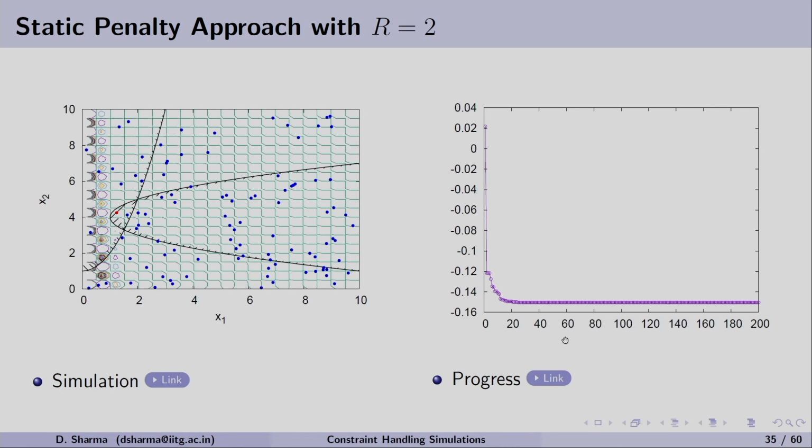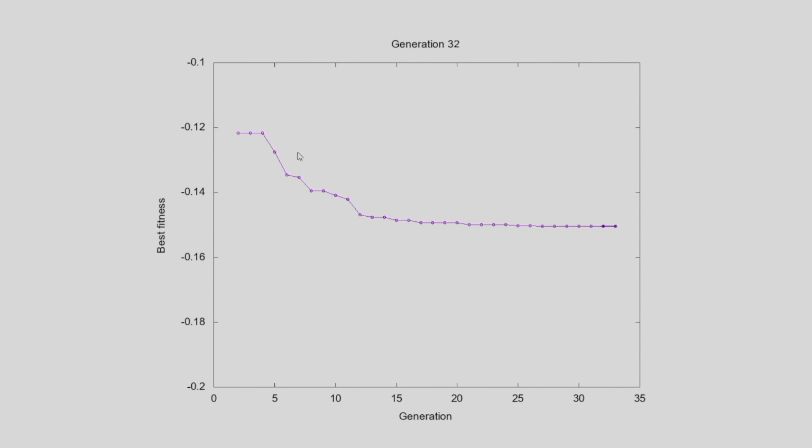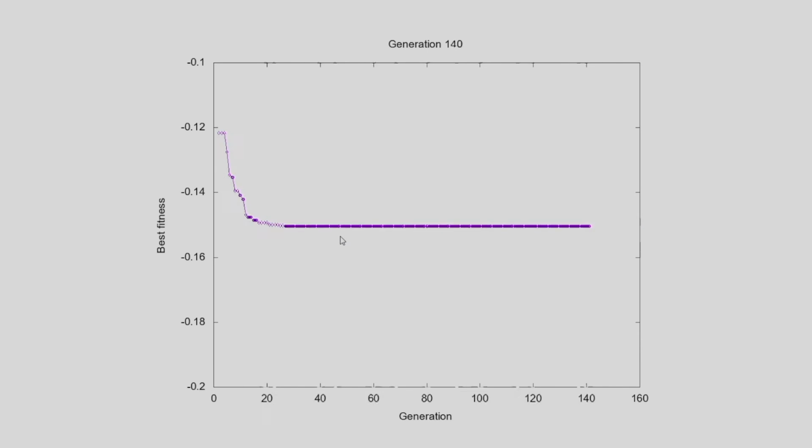If we see the progress, with the number of iterations on the x axis and the best fitness on the y axis, it can be seen that close to 30 generations, there is no change in the fitness value because we have reached the optimum point. We will see the simulation of the same here. In this case, it started with a small value, and as we have understood, close to 30 generations, the best fitness in the population remains the same. It is only because all solutions have converged to the optimal point.